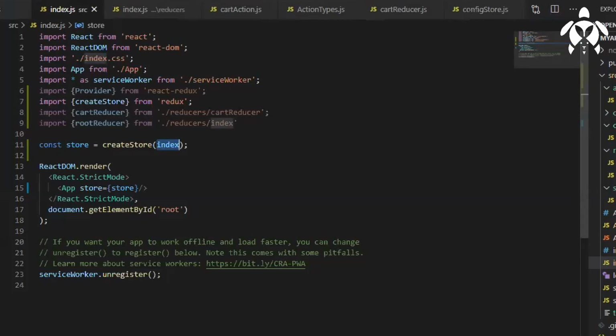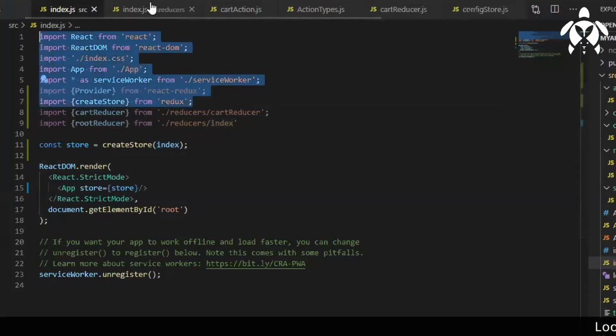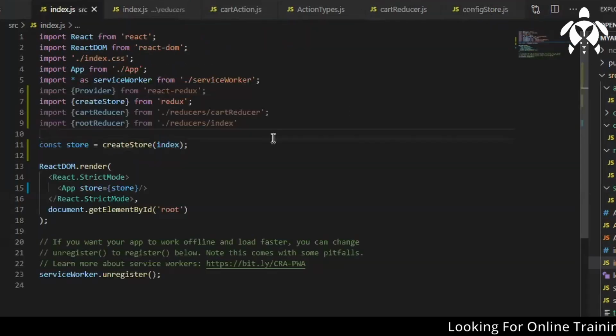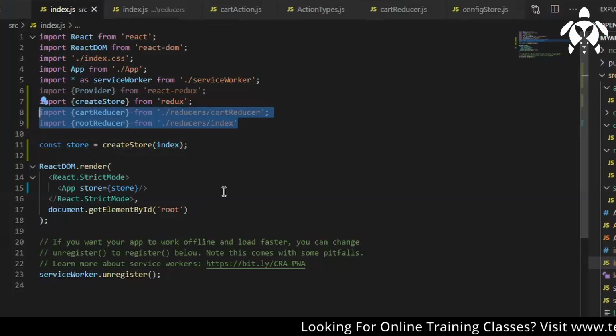So I need to pass the store then. configStore, cartReducer, this is not required now.